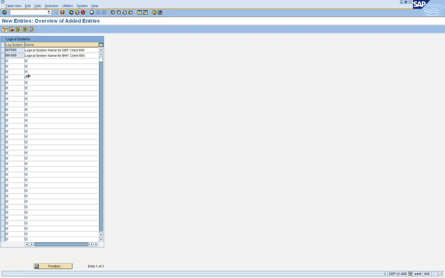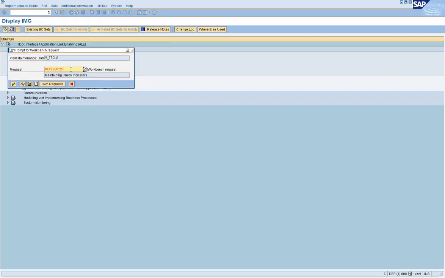The list of logical system names has to be the same in all the systems involved in CUA. So we have two logical systems created in DEP 800, and we have to create the same two logical systems in BW1 800 also.